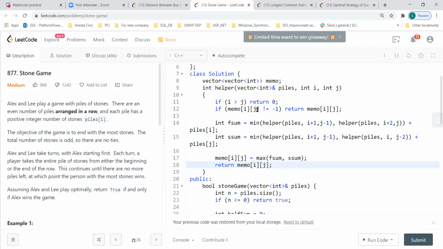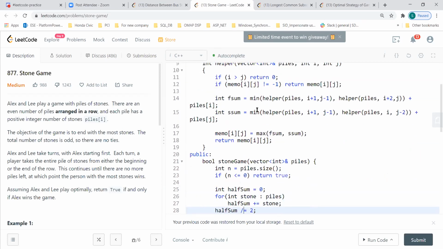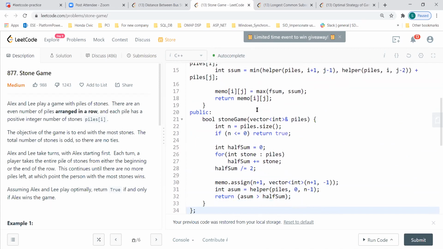I'm trying to implement exactly the way the optimal game strategy DP works. This is the same as what you explained earlier, right? Taking the max and returning the memo. Yeah. So you got why I'm saying this, Shashank: I'm trying to use the same optimal DP strategy, though I know this is too much for this problem. We can implement it in a different way also, the way you are implementing. The reason I wanted to show this is that this problem is similar to the optimal game strategy.